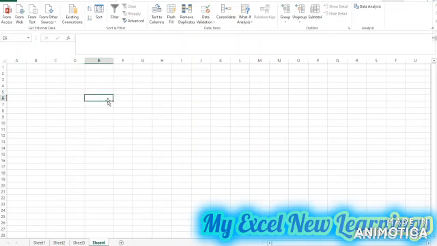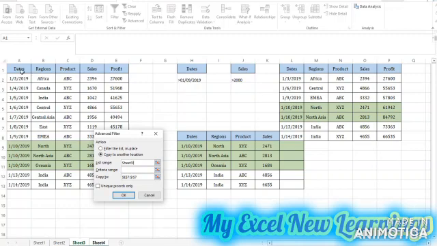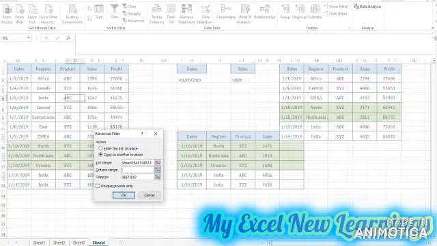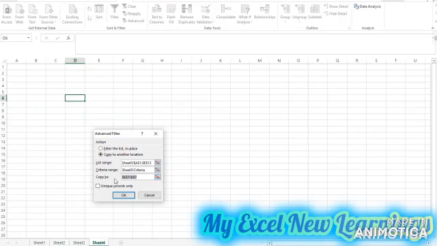So we will try from here. So I will click anywhere in the sheet 4, then I will click on the advanced filter. Now my list range is here in the sheet 3. I will select the table and my criteria will be sales greater than 2000. So I want to paste the data in the sheet 4.